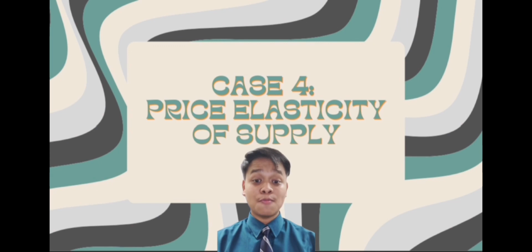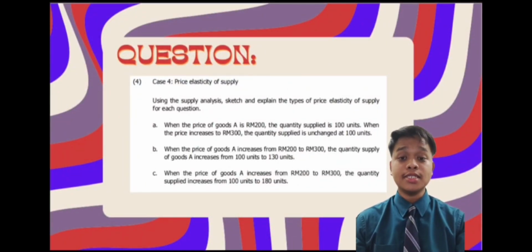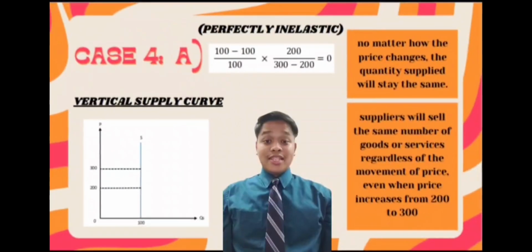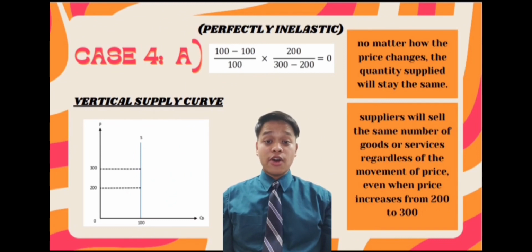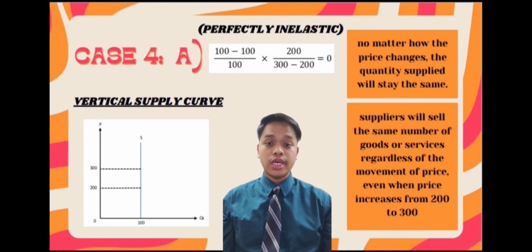Now, I will talk about case 4. It is about price elasticity of supply. The question for case 4 is, using the supply analysis, sketch and explain the types of price elasticity of supply for each question. Now, I will tell you the answer for A. The equation for A is (100 minus 100) divided by 100 times 200 divided by (300 minus 200) equals to